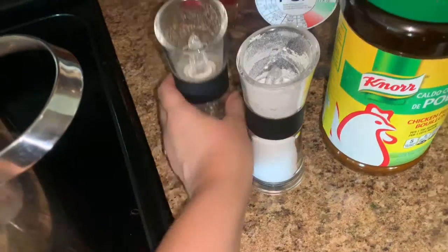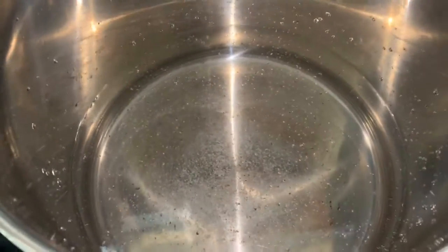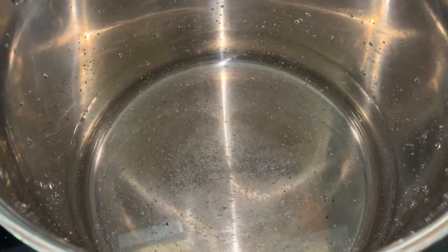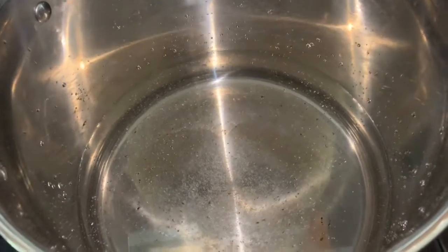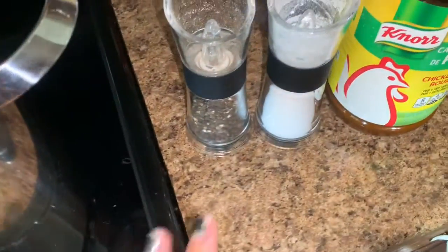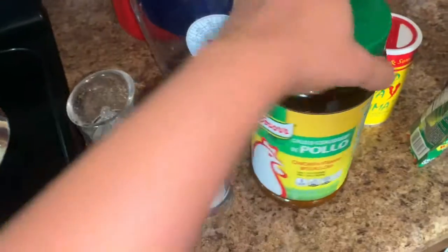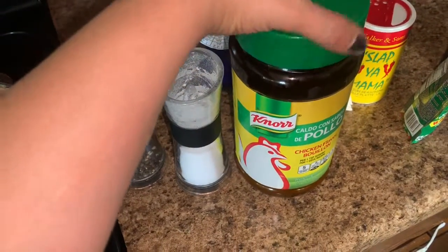So I'm really not putting a certain measurement because I'm gonna have to toss away a little bit of this water after the chicken is done cooking, and then I'm gonna start the guisado. So right now it's just to give the chicken a little bit of flavor while it's cooking, and I'm putting just some decent salt and pepper,